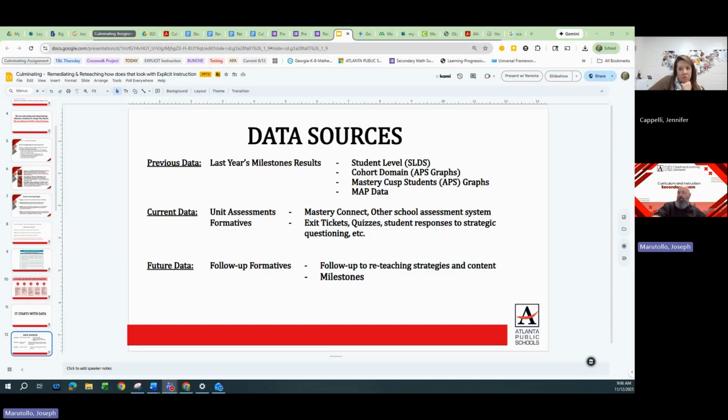How many are in support? I'm assuming all. Well, not every single one, because some of our special ed students would be in the small group, and then we have a few that are in foundations. But 90% of them are in support. So pretty much everyone else is not in those groups.